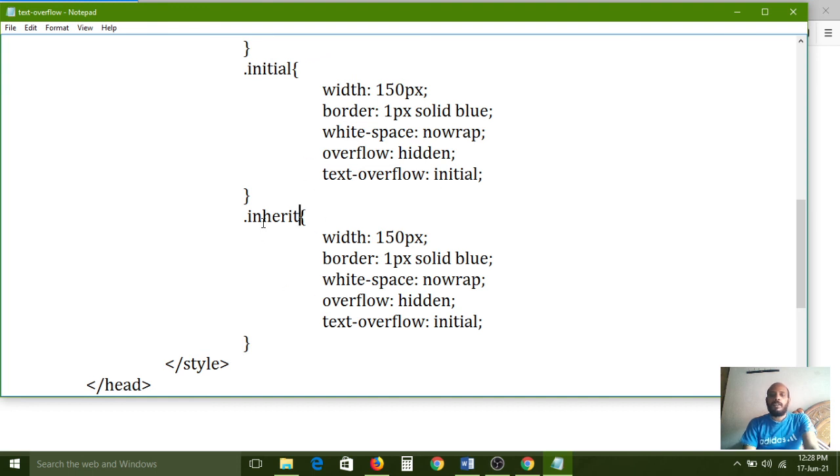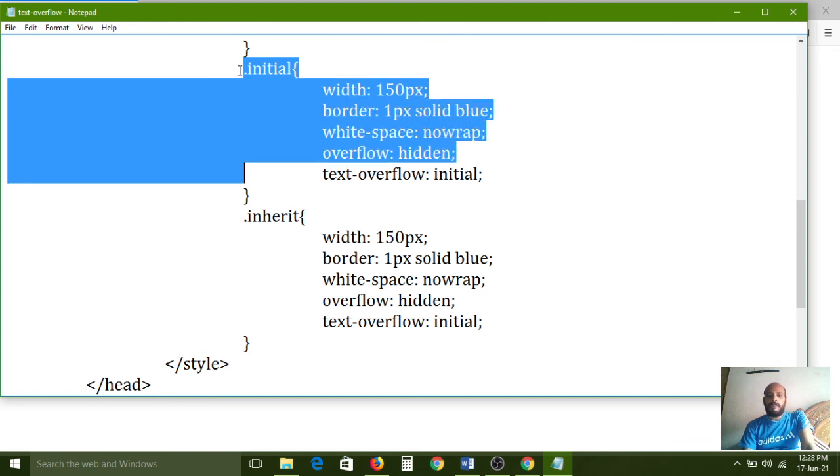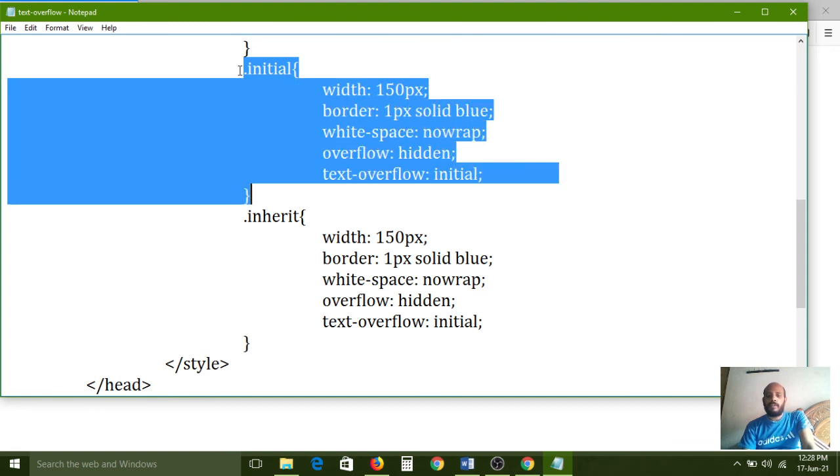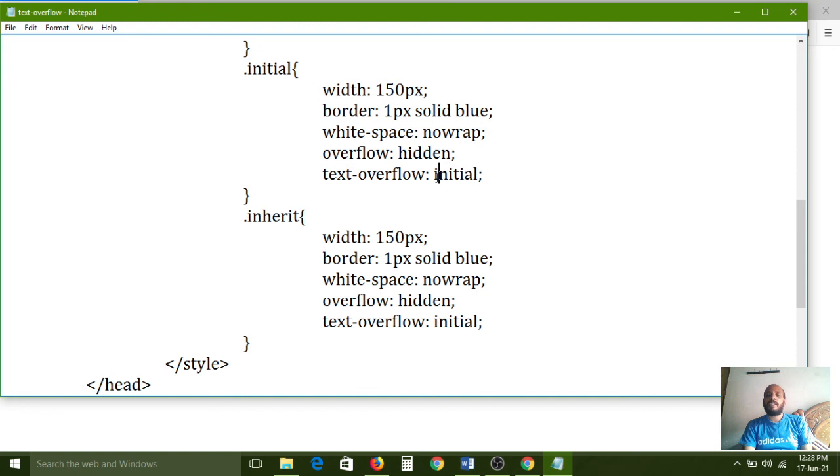What is the parent property we have defined before the inherit keyword? So this is the super property and this is the sub property. Whatever text-overflow value we have defined in the initial class, the same value can be inherited by the inherit keyword.